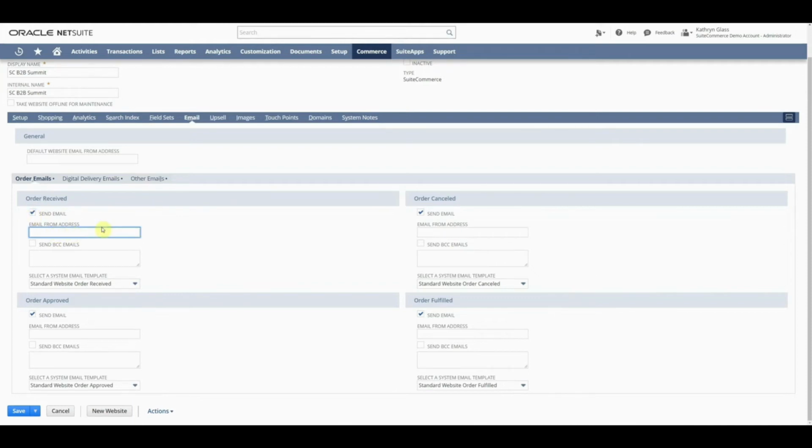You can designate the from email address for that specific email. If you want it to BCC different people at your company, maybe one person in marketing or your fulfillment team, generic emails, so you can send that. Also upon order approved, order fulfilled, order canceled, and if I didn't want any one of these, I would just